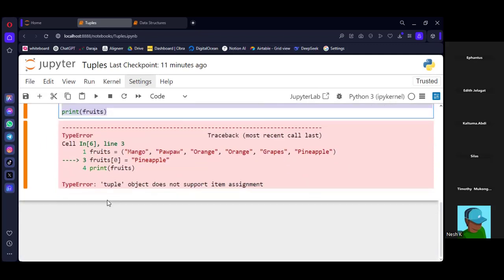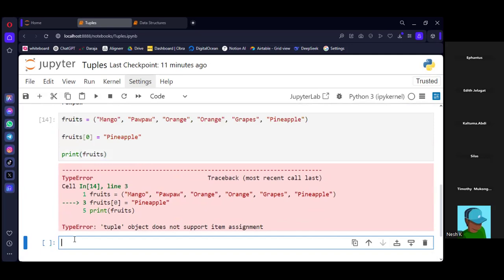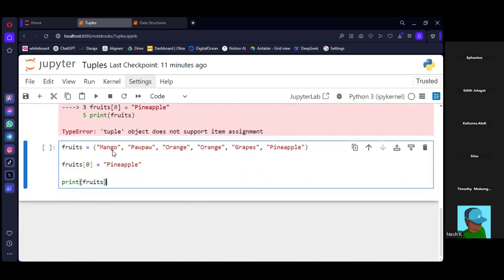Who can give us a hint on how we can modify this tuple and still get the output as a tuple? We know it is immutable, but which technique or concept can we use to convert this tuple?